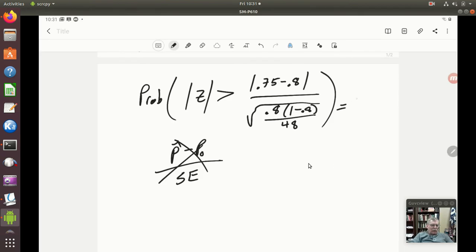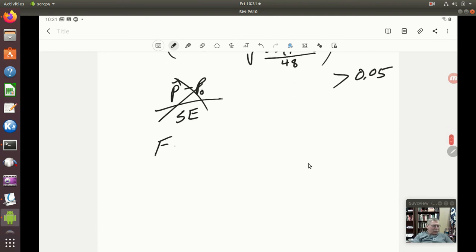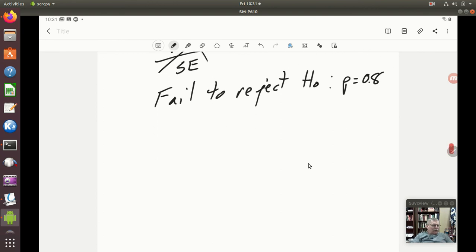That probability is definitely bigger than 0.05, and so we fail to reject H0, that p equals 0.8. What that means is we don't have evidence. Now notice I'm putting this in terms of the alternate. We don't have evidence